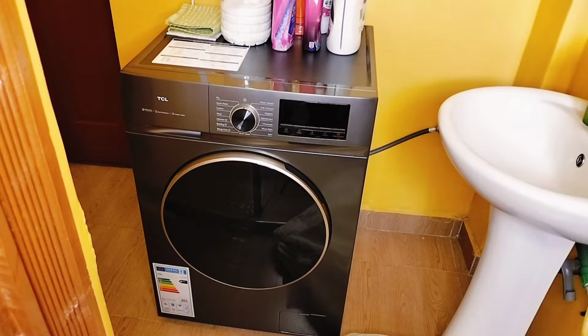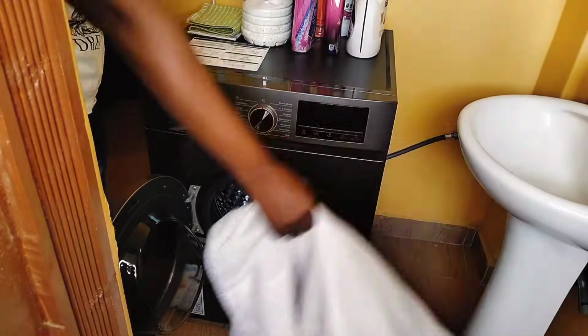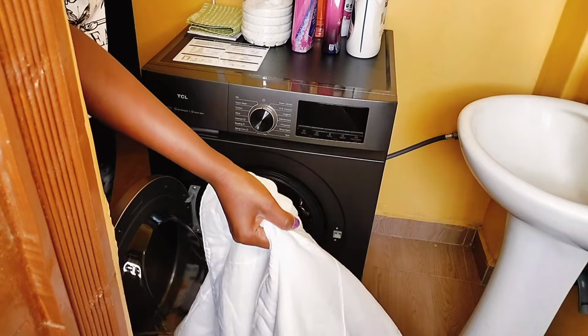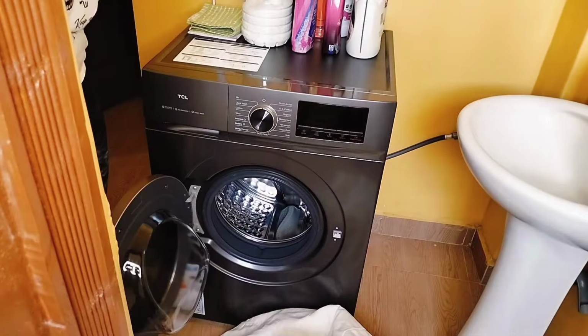In today's video, I want to demonstrate how to use a front load washing machine. This is what we're cleaning. It's not that dirty. I cleaned it I think 2 weeks ago. So I just want to use it to demonstrate how to use the washing machine. If you don't know how to,